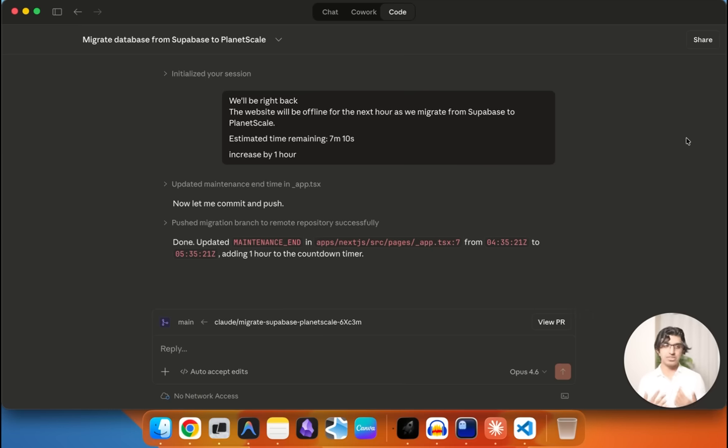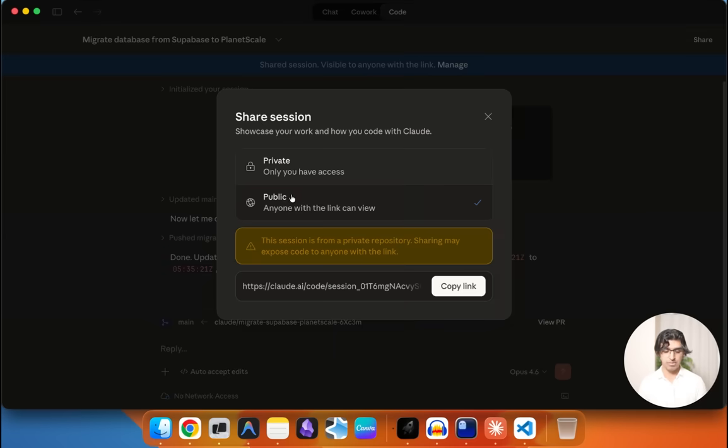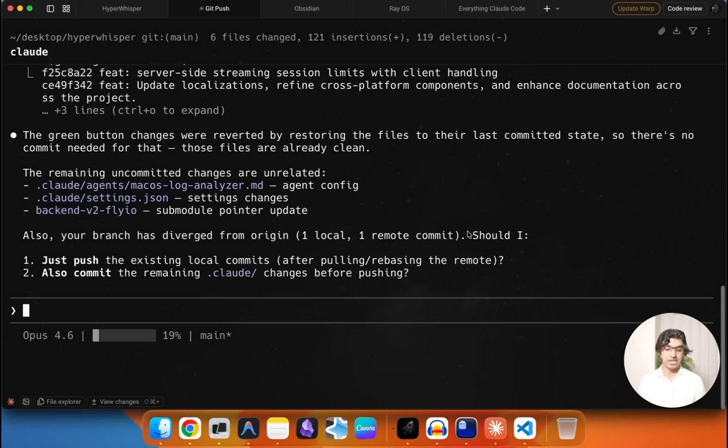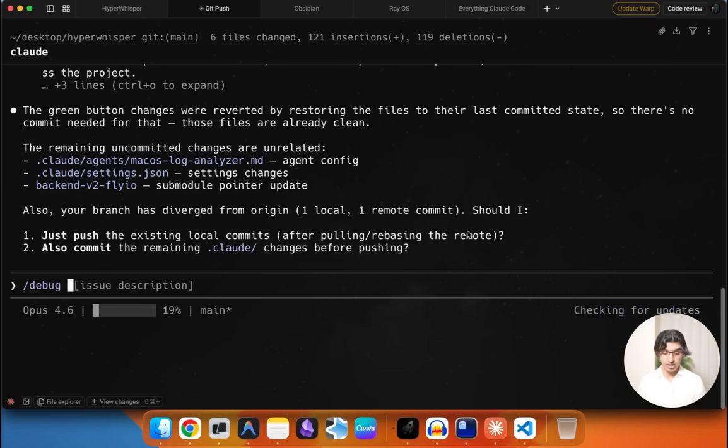They now made it easy to share Claude Code sessions via the desktop application and the website, so you can make a public link and then share it to any colleagues. They added a default skill called /debug, and you can put in any issues that you observed with Claude Code, and it'll basically figure out why that issue is happening using the logs that are stored in your .claude folder